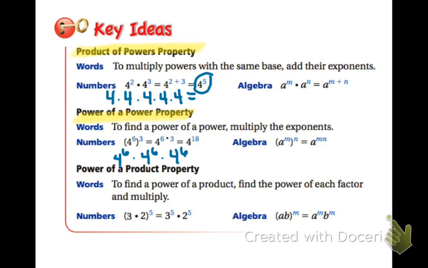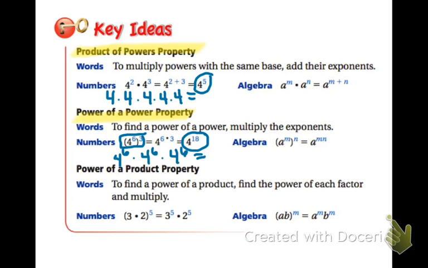We have 6 factors of 4 times 6 factors of 4 times 6 factors of 4. So how many factors of 4 do we have altogether? 18. And how you could get that from the original problem is if you see that a power is being raised to a power, you can multiply them. So maybe hopefully it makes it easy to see that usually you'll have the parentheses, almost always you'll have the parentheses. So you can see that parentheses means multiplication, so that hopefully will help you remember that you multiply 6